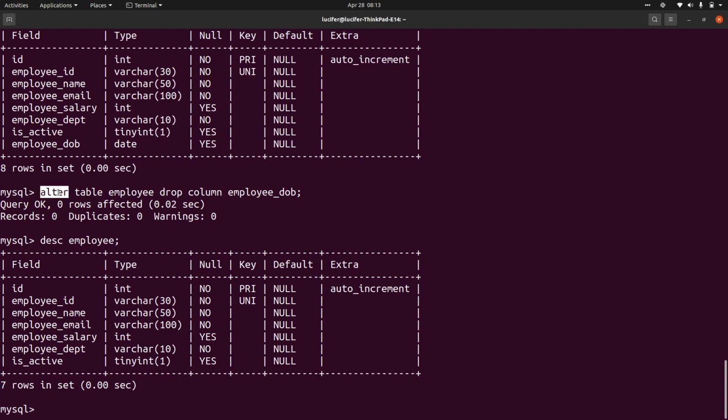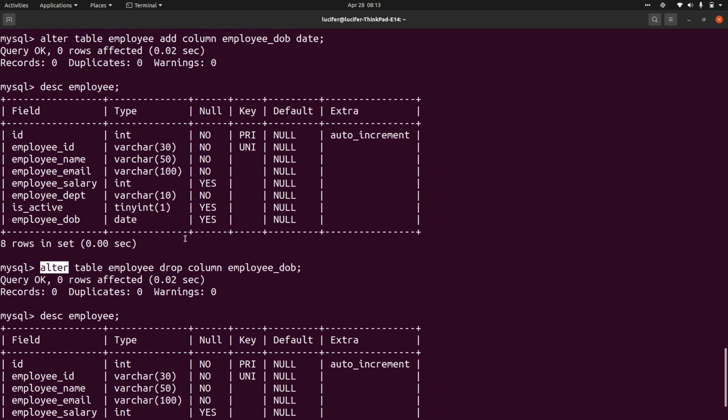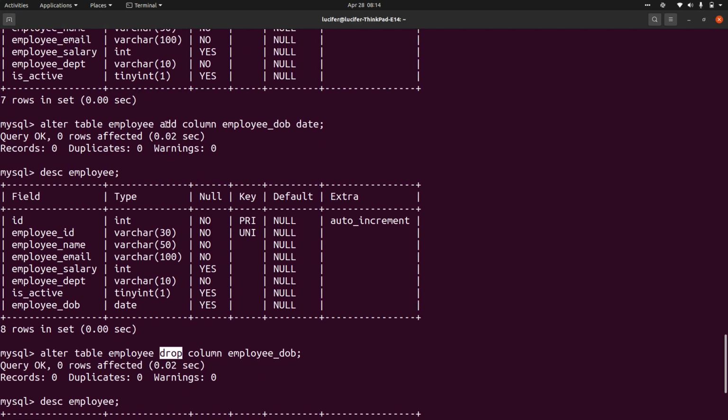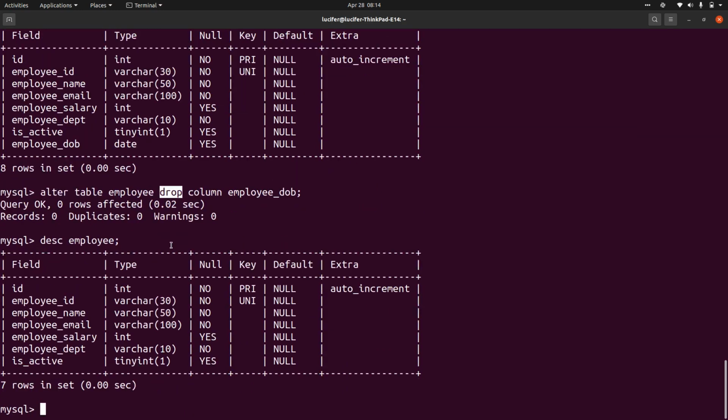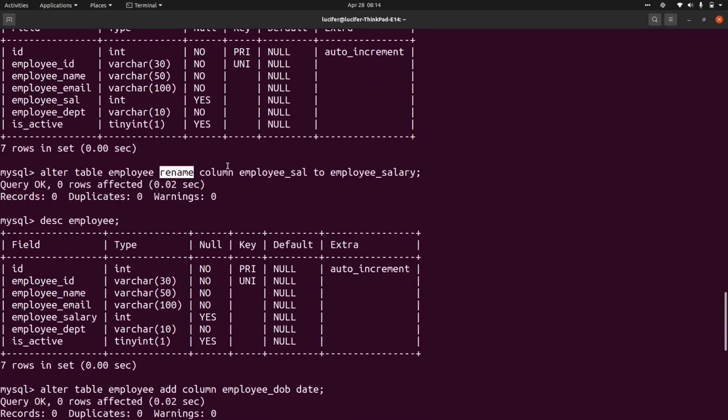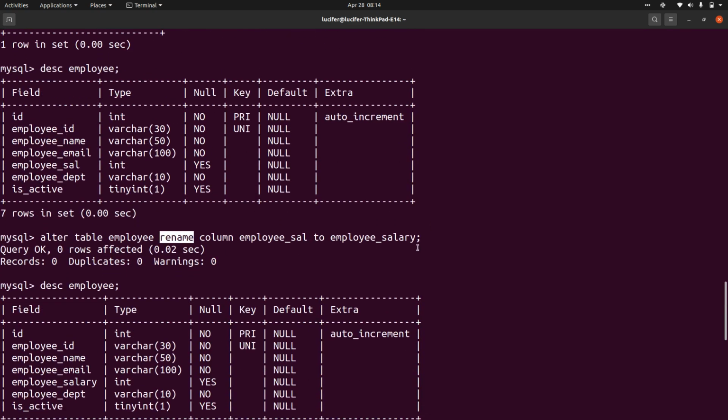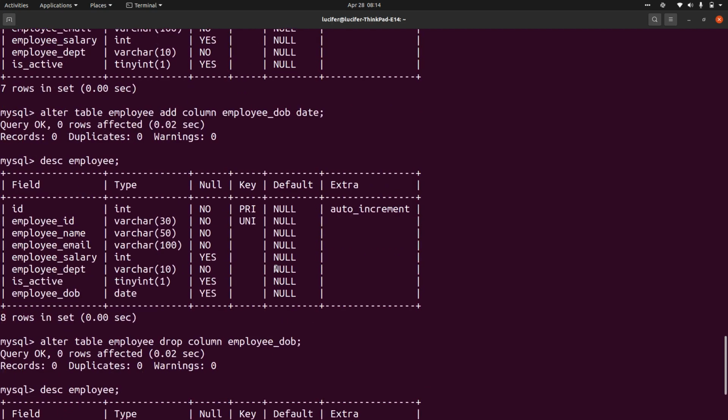So basically alter is used to change the structure of the tables. Inside alter table name, you can reuse the commands that we have done, but for creation, rather than using create, we just use the add command to add any columns. So you can add a column, drop a column, or rename. Or you can simply use the alter command again to change any constraints or data types, or to make a column null or not null. You can simply use the alter command for that as well. It's fine.